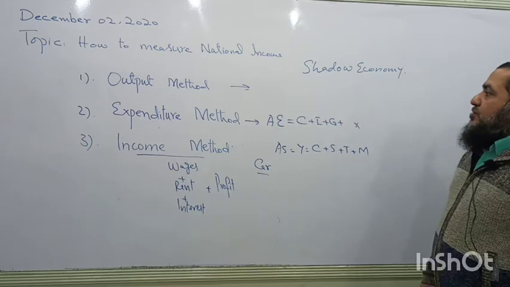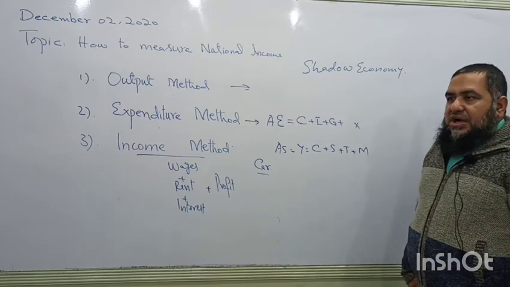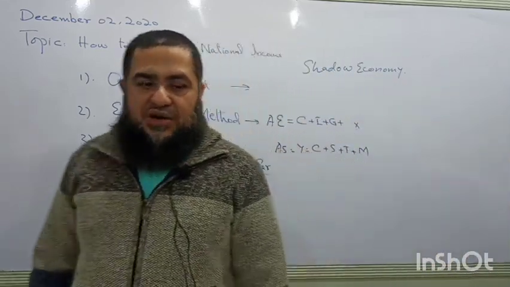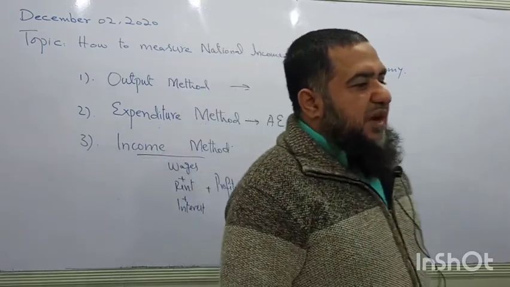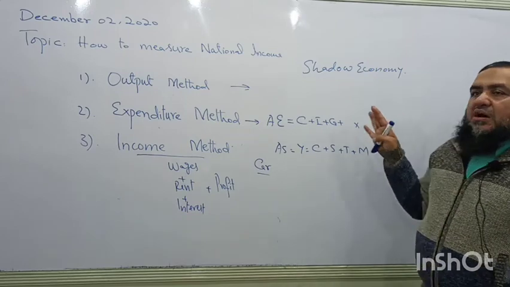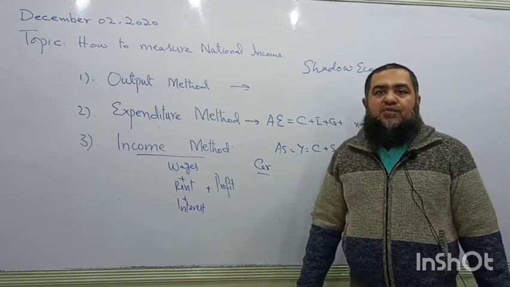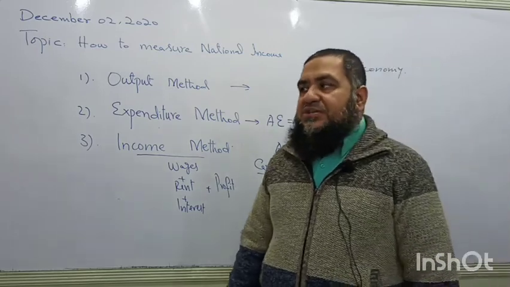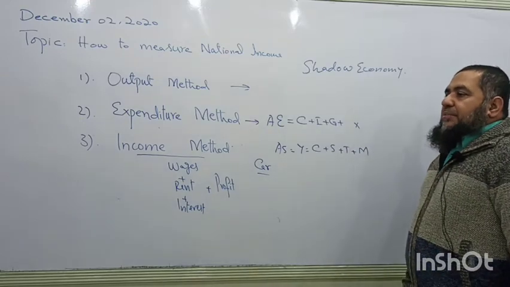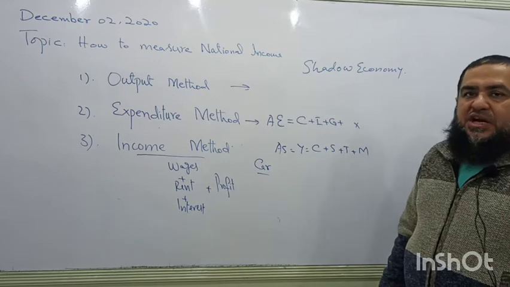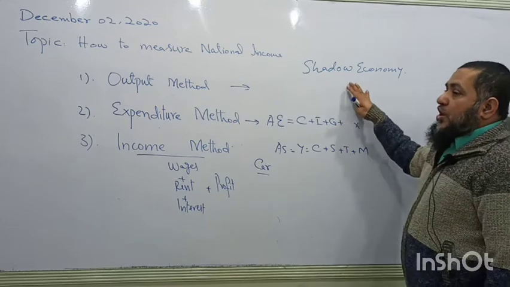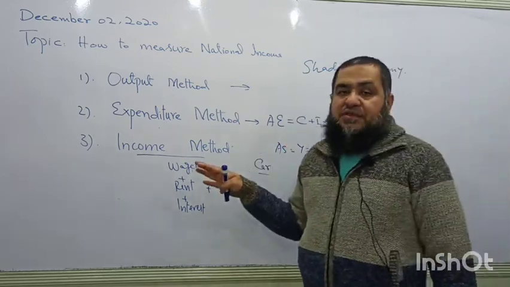Sometimes people want to save taxes. If they save taxes by an illegal way, that is called tax evasion. And sometimes they avoid taxes by legal ways. Sometimes the economic activity, although it is legal, but people do not want to pay more taxes, or they are illiterate to fill out their tax returns. So in order to avoid trouble, they don't declare all of their income to the National Bureau of Statistics. Okay. So if the shadow economy is present, in that case our measurement will be wrong.